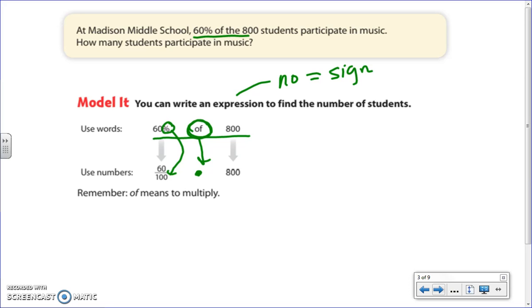Now, the word "of" means to multiply. That's going to be important. That's a keyword in this entire lesson, lesson 5. The word "of" generally refers to multiplication. So